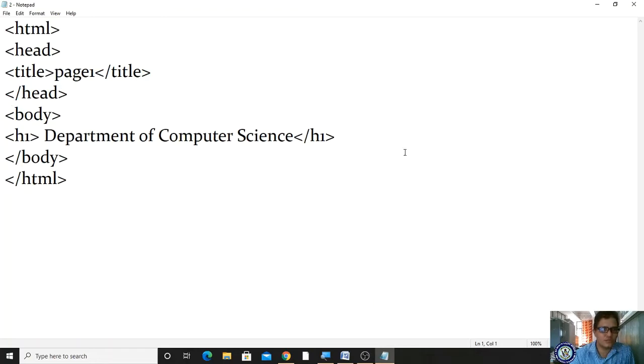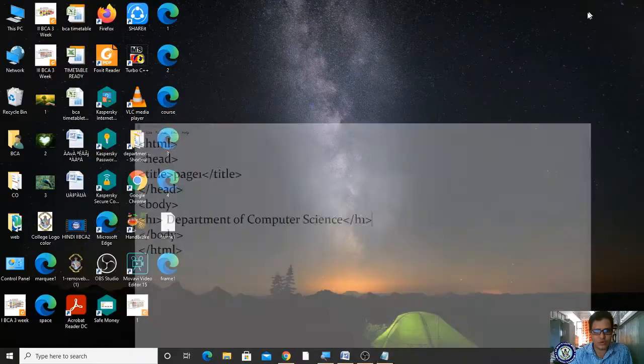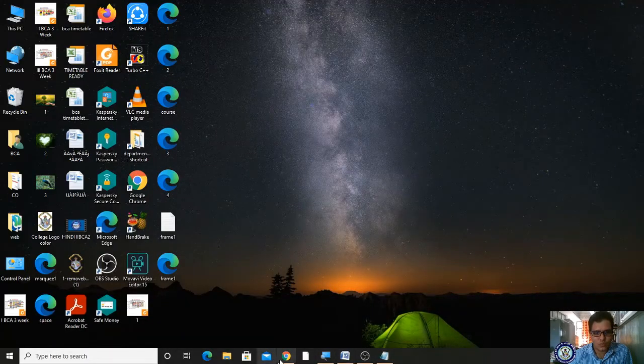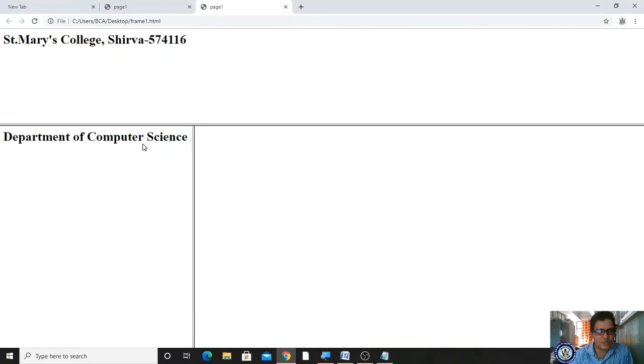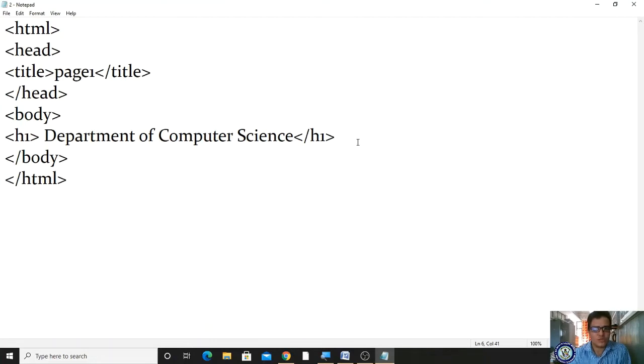So this is my file, right? In this 2.html file, I have to place the course and other links under Department of Computer Science. Got it? Now for this I am taking link tags. How to set the links?